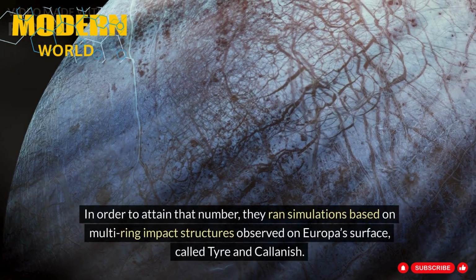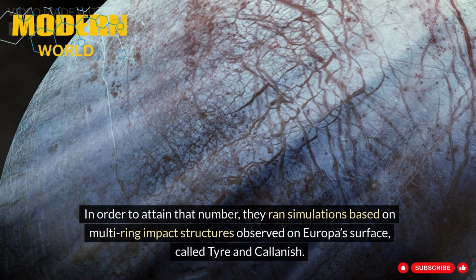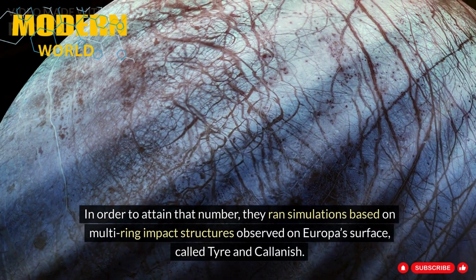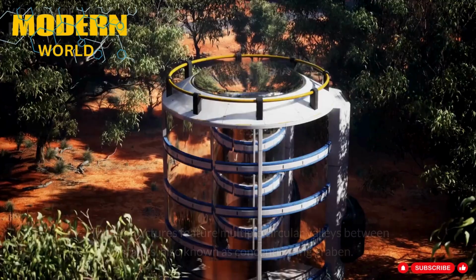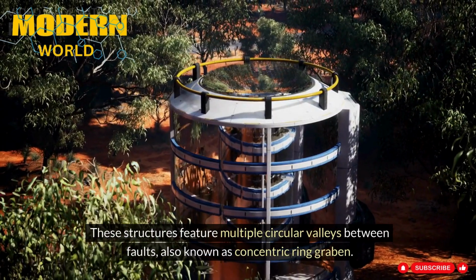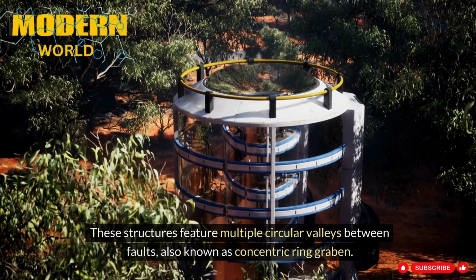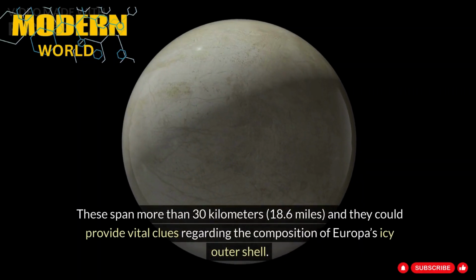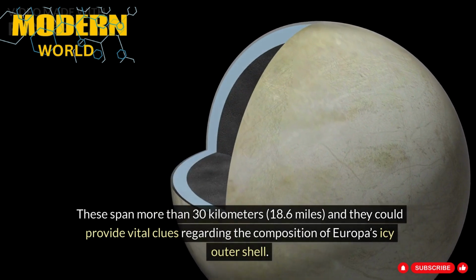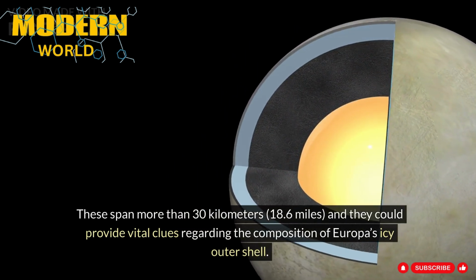In order to attain that number, they ran simulations based on multi-ring impact structures observed on Europa's surface, called Tyre and Callanish. These structures feature multiple circular valleys between faults, also known as concentric ring graben. These span more than 30 kilometers, 18.6 miles, and they could provide vital clues regarding the composition of Europa's icy